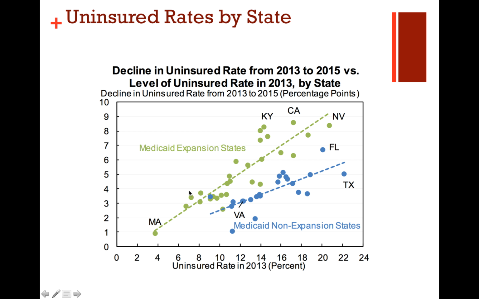In states that did do the Medicaid expansion, we'll talk more about Medicaid in another lecture, but the idea is that to qualify for Medicaid, you have to be very, very poor and have children. And so in most states, if you were a single individual who was poor, who did not have young children, you were not eligible. Medicaid expansion was going to provide additional funding from the federal government to the states to allow Medicaid to cover more individuals.